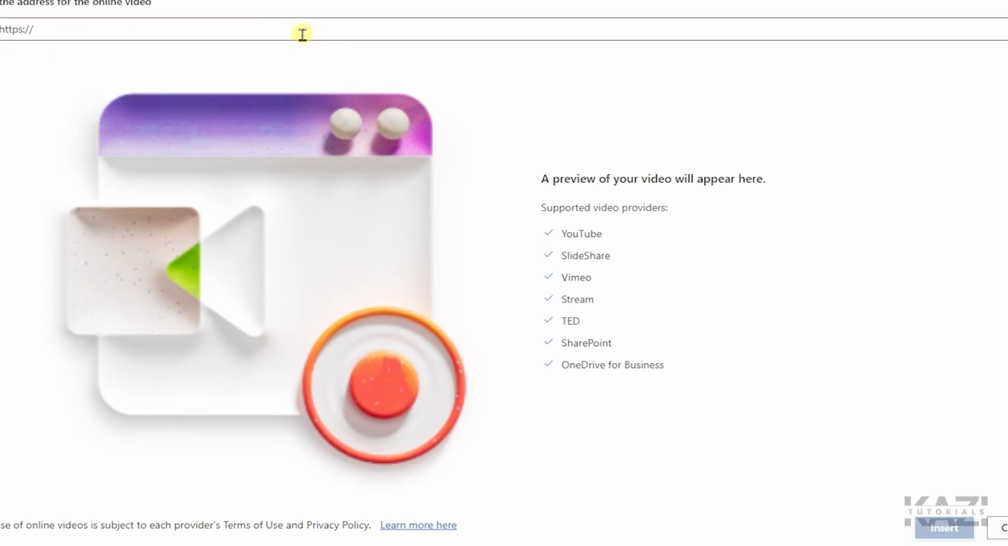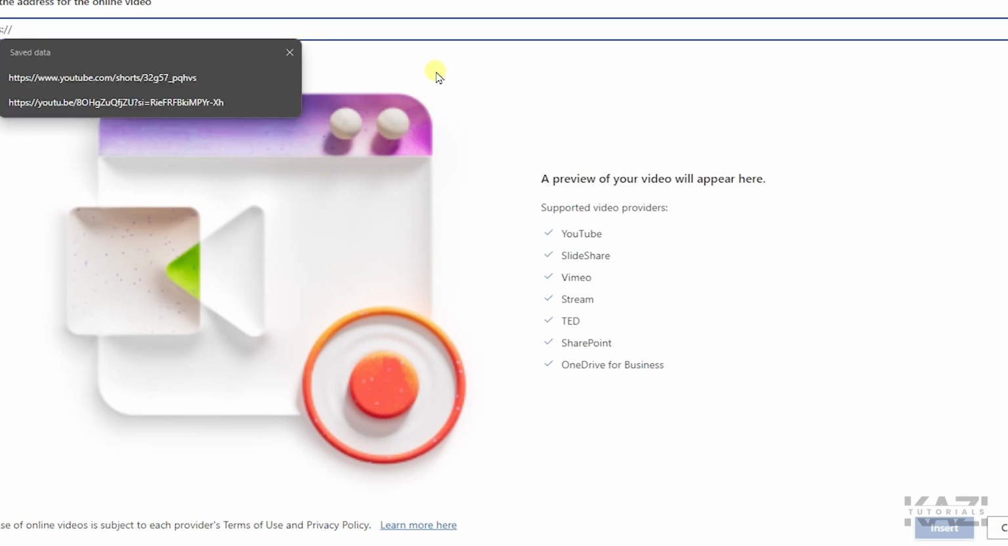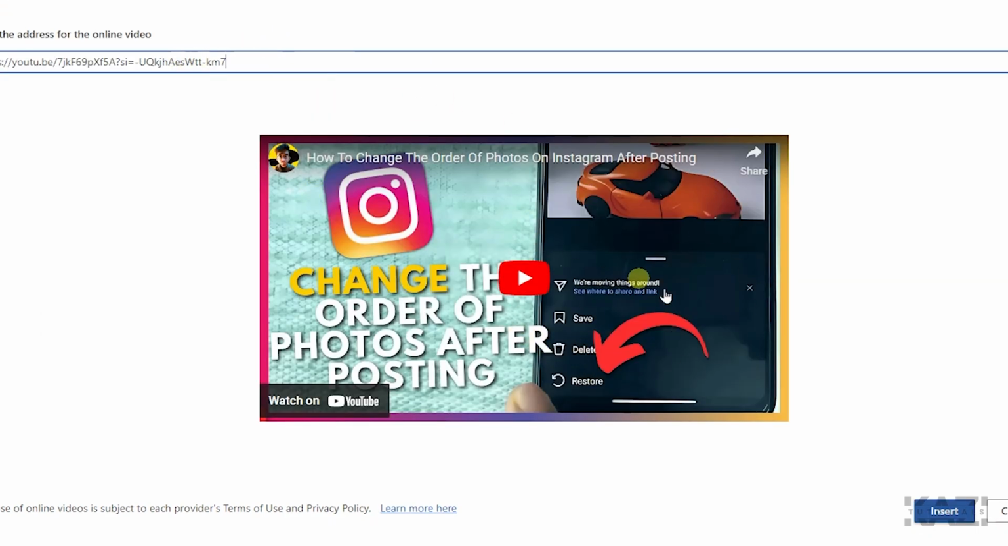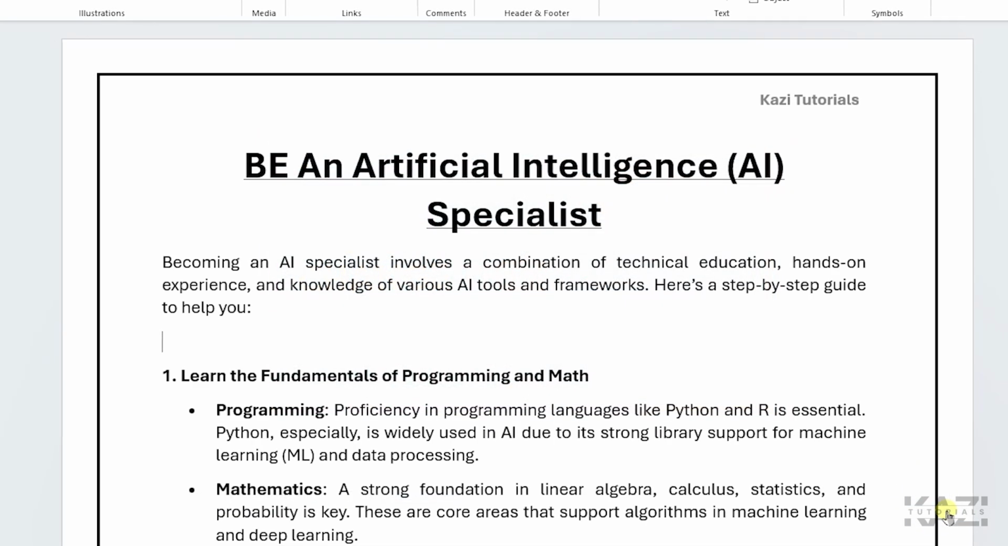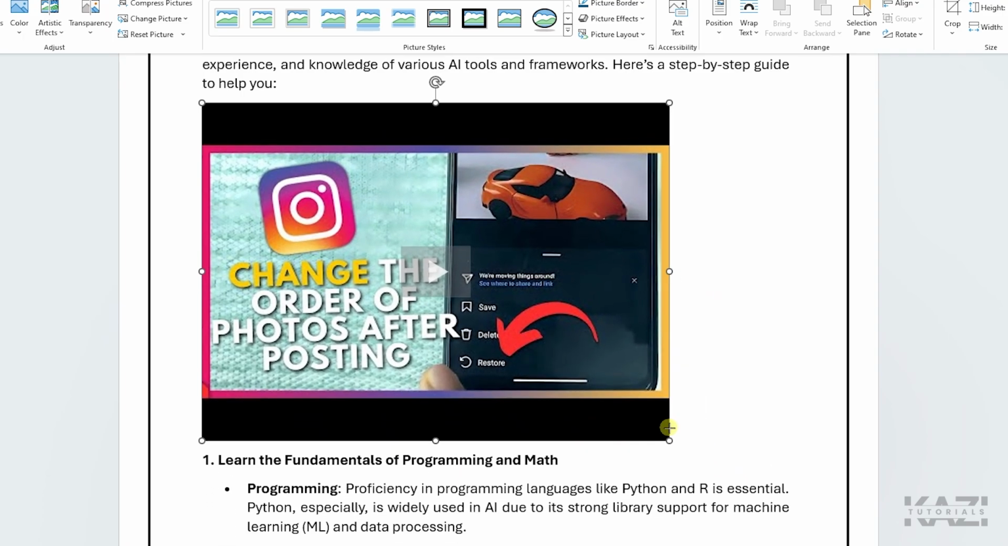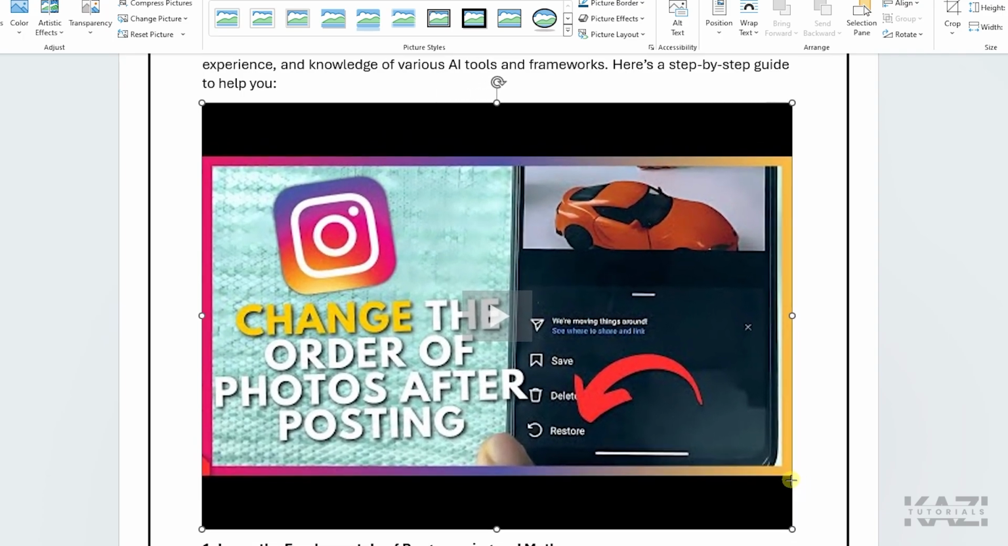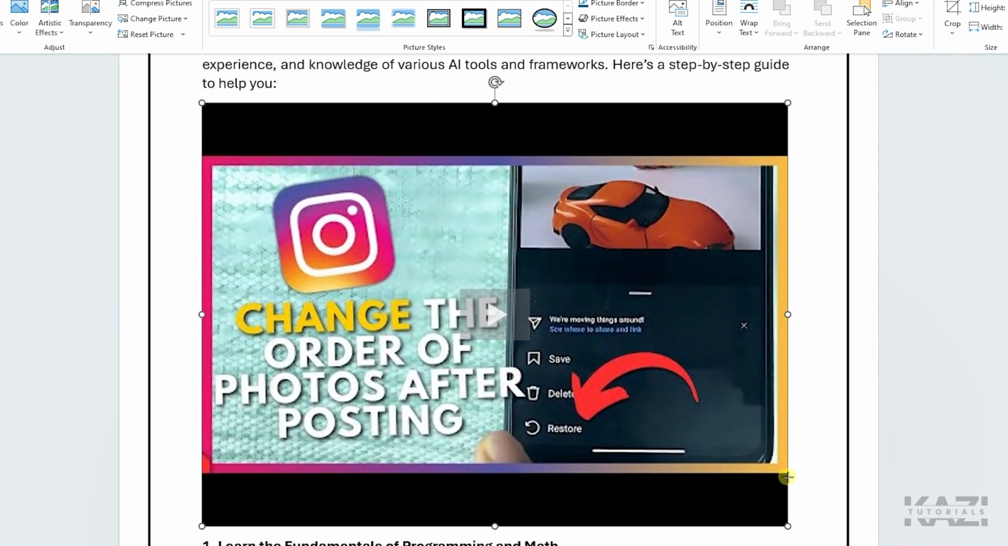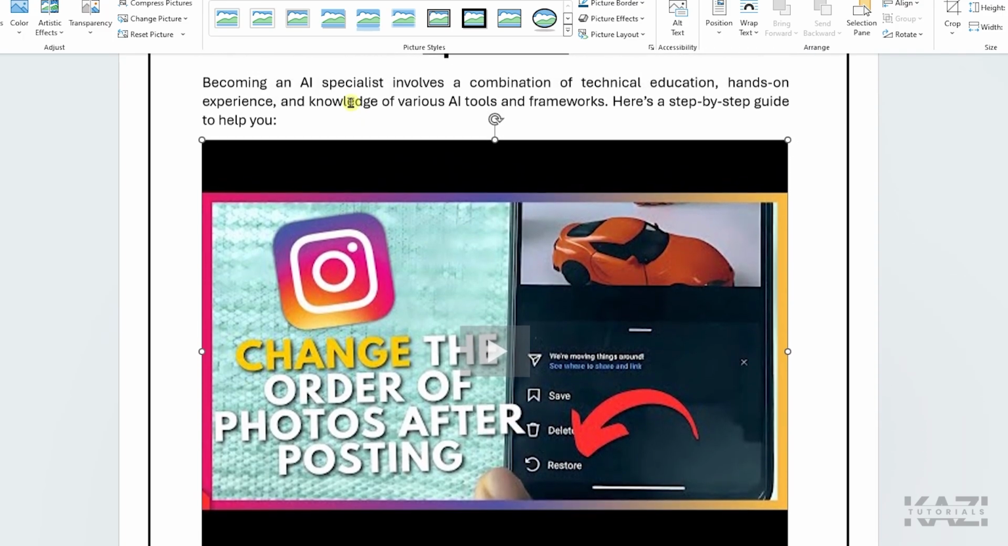So now what you need to do, simply Ctrl V to paste the link that you have copied, and the video will appear somewhat like this, and then simply tap on the insert button and then the video will be added. Then you can adjust the video into your Microsoft Word page like this, and whenever someone wants to